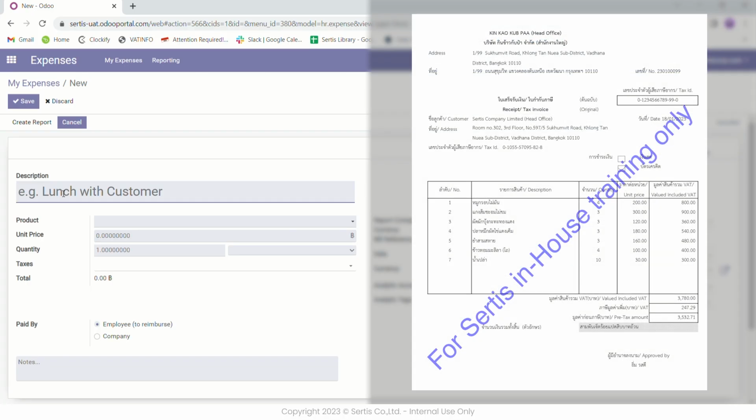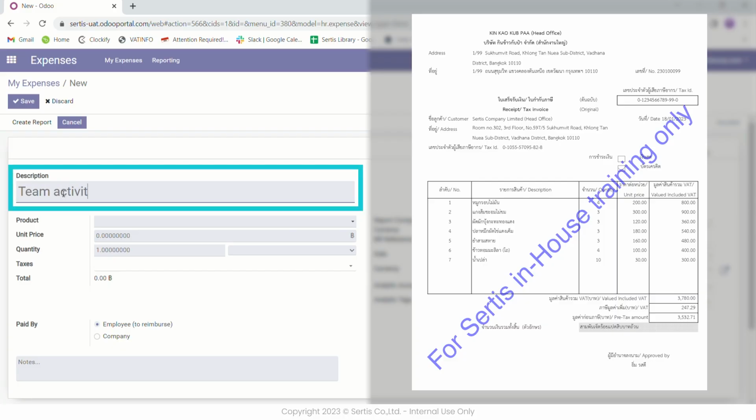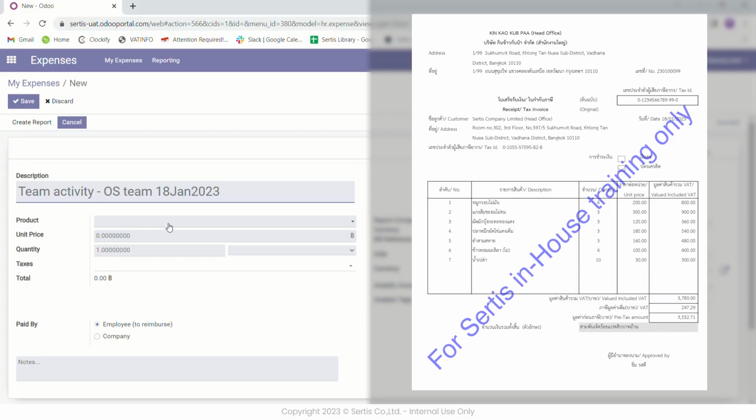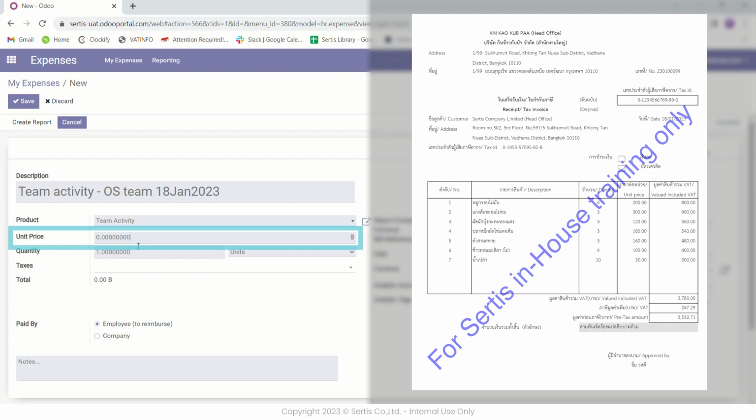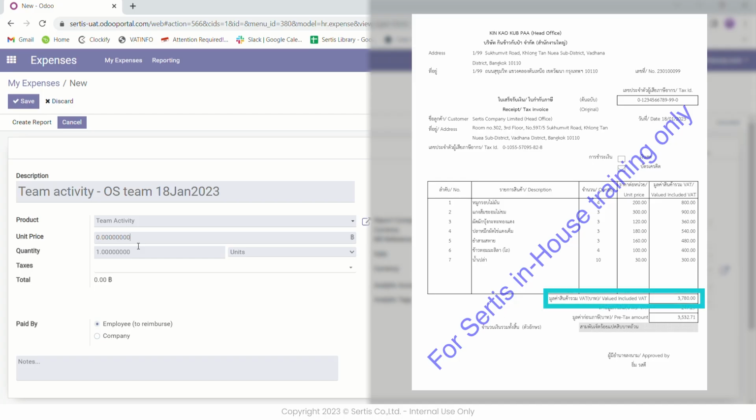Here is the tax invoice detail. First, fill in team activity, operation support team, followed by 18 January 2023 in description. Next, select team activity reimburse type in product. For unit price, let's look at the tax invoice detail. Total amount including VAT is